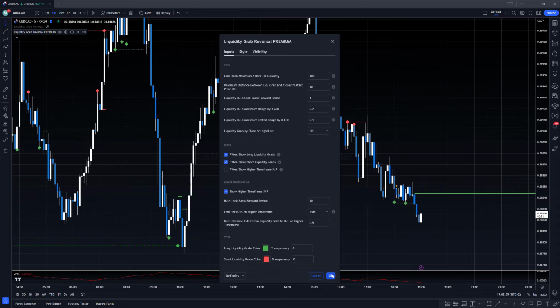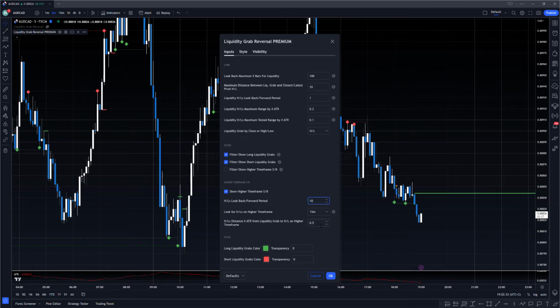So as you can see now, I'm on the 5-minute, and I chose the higher time frame should be 15 minutes, and the high low on the higher time frame back and forward period should be 10. It is the same settings as this one, but on the higher time frame. So it is looking on the higher time frame for the support and resistances by this rule,